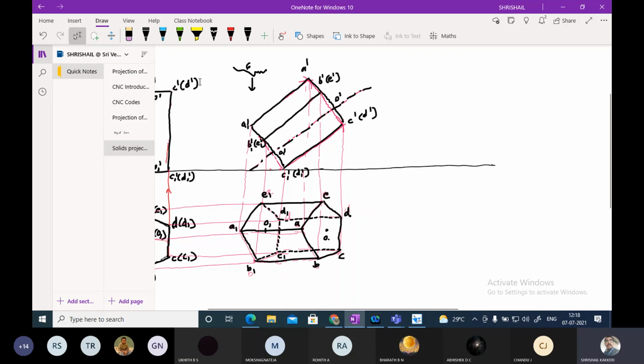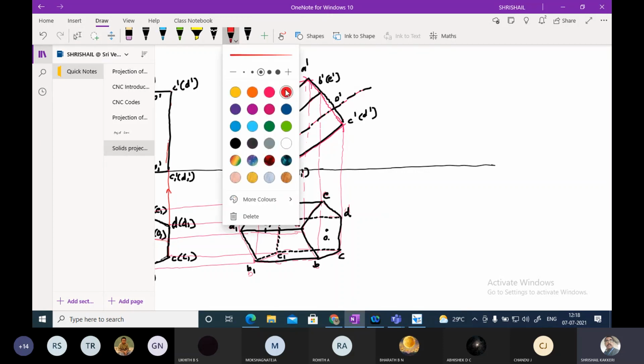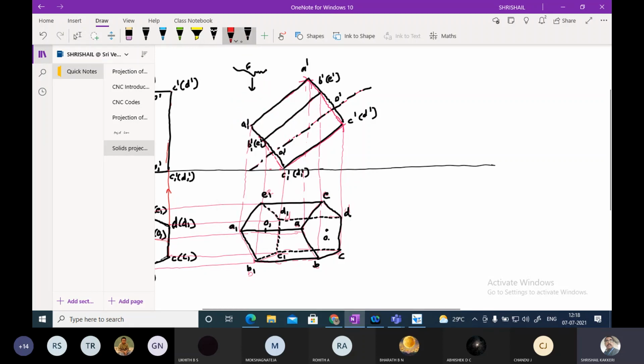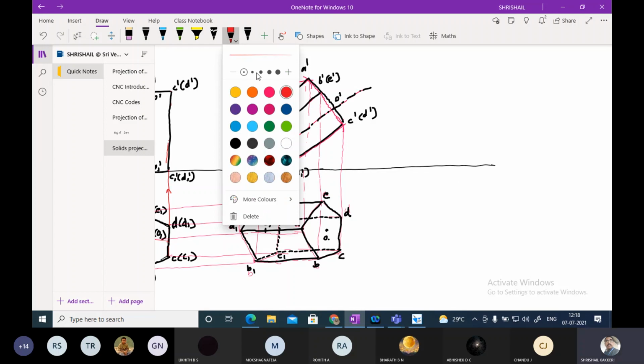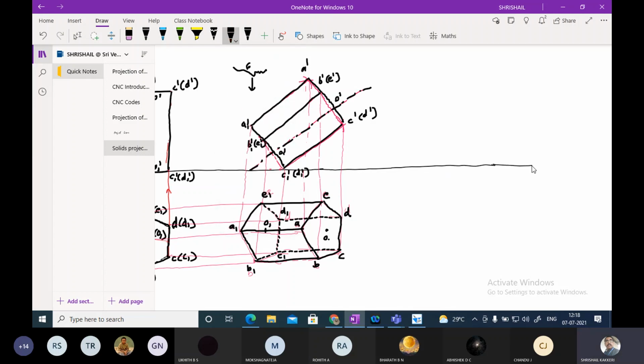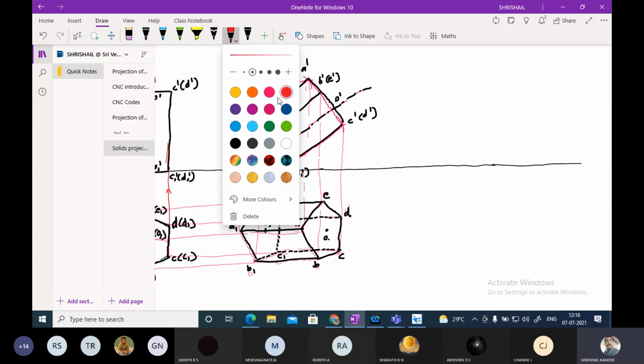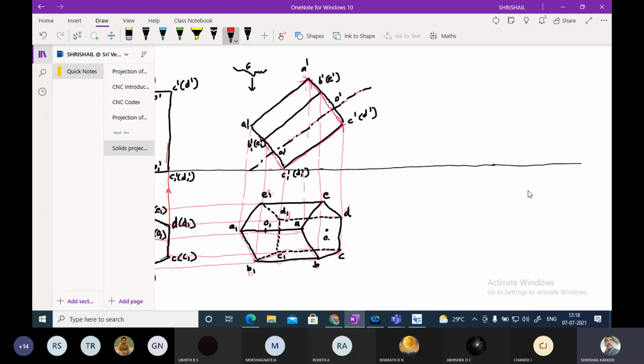Kindly take very sincere care in drawing this. I wanted you to understand clearly. Okay. Now what am I doing? Before this, let me extend this slightly. Now after this, by means of a thin line, I am going to construct this. I have planned to take an angle of 30 degrees.